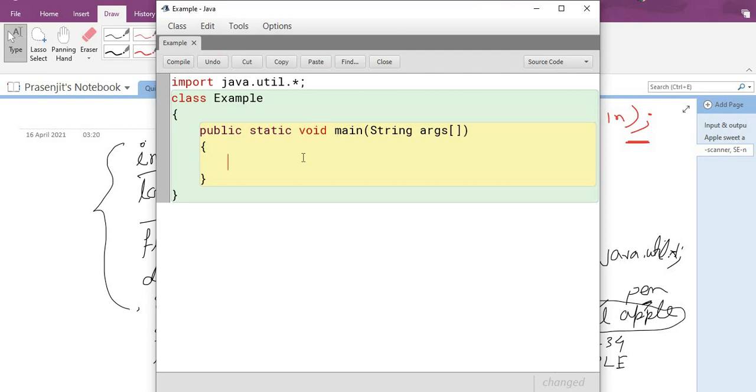When I'm writing a program, you can see, be very careful where I'm writing which line. I'm again explaining the entire thing for you.